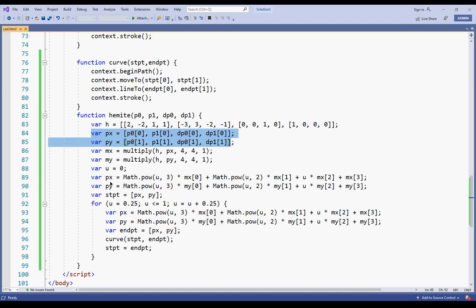So I use px and py, and here also px and py. I don't think that is going to make a difference, because it is a reassignment again.